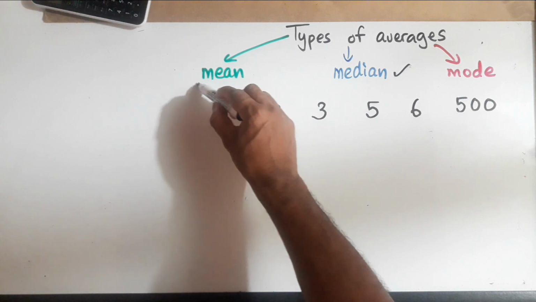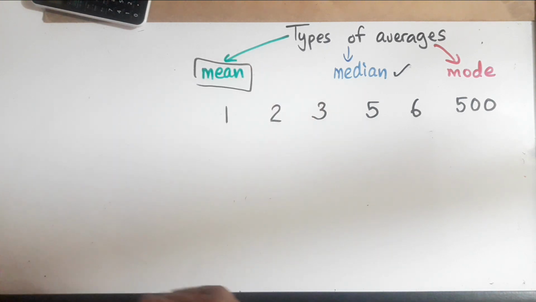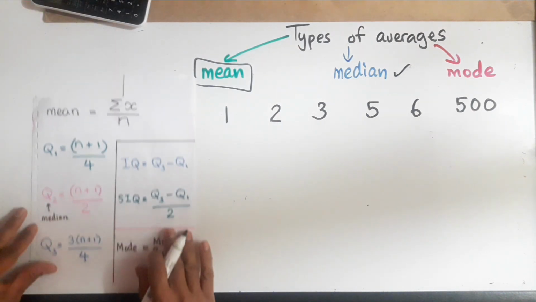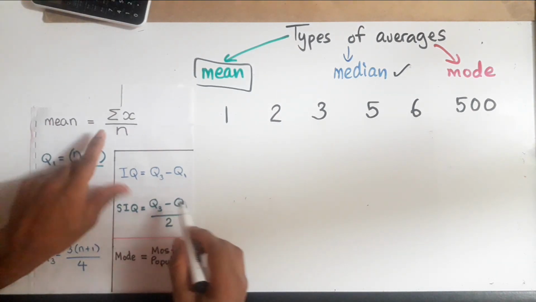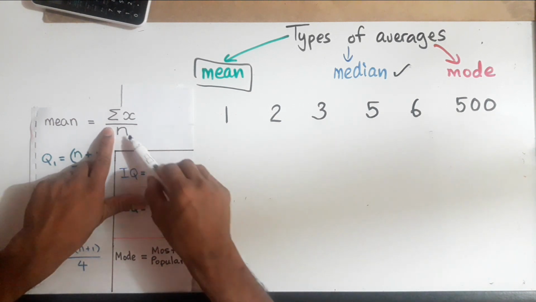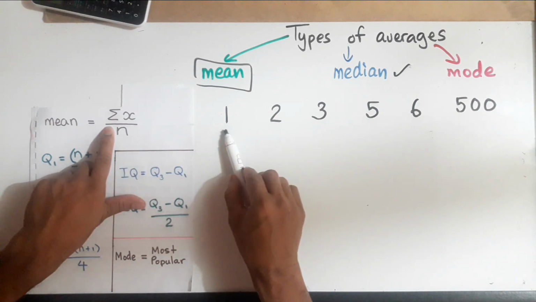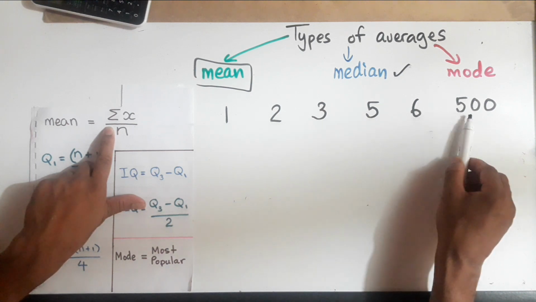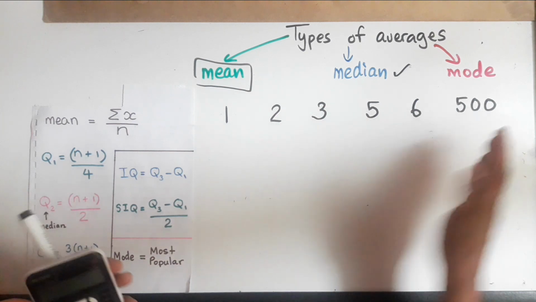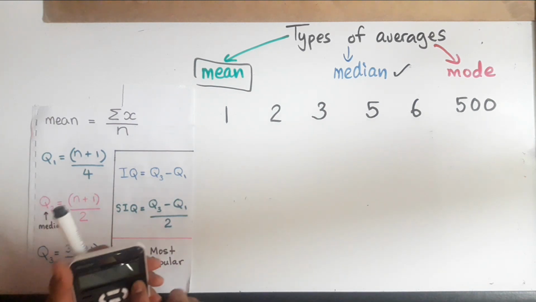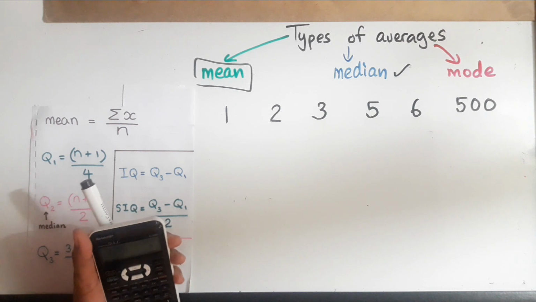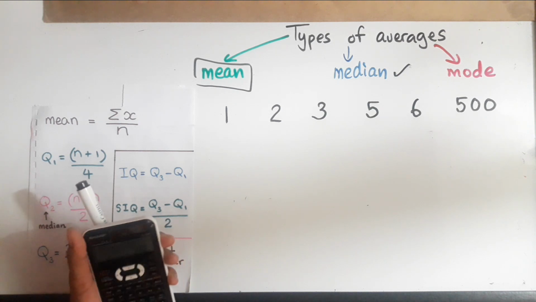decides he is going to express this information as a mean. All right, so let's see. Let's go back to our little paper here. How do you find mean again? You add up all the numbers and then you divide by how many numbers you have. So you have 1, 2, 3, 4, 5, and 6 numbers. So we're going to add up the amount of tacos each person responded to eating: 1 plus 1 plus 2 plus 3 plus 5 plus 6 plus 500.